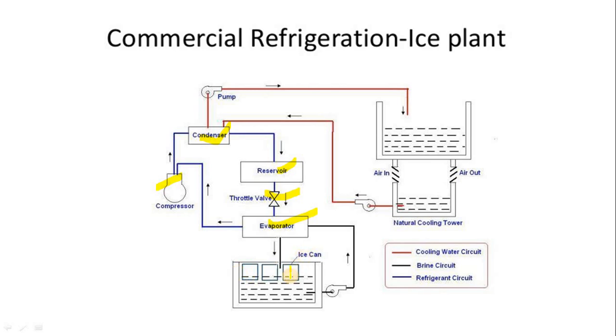These are the ice cans. Here there are 3 ice cans shown in this figure, and the tank is there. That tank is generally the storage of brine. So brine acts as a secondary refrigerant. Okay, so what exactly does the evaporator do? The evaporator provides the cooling effect to the brine. So here indirect cooling takes place. The main function of the evaporator is first to cool the brine solution, and the cooling effect of that brine gets absorbed by the ice can, and then ice formation takes place. So this is the simple working of the commercial refrigeration plant unit.